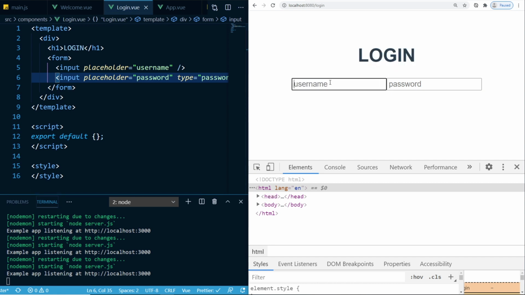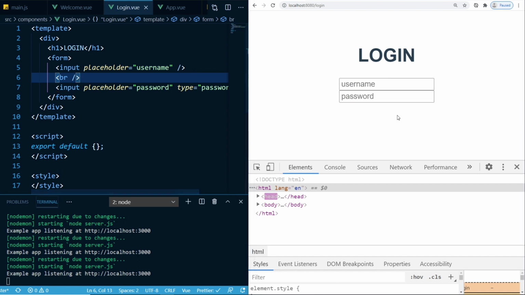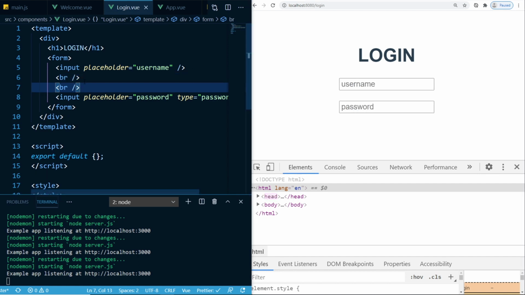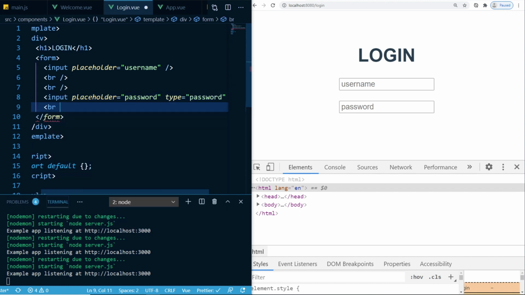Alright, so we got a login page, a username and password. Let's just add a break here. Looks a little bit better. Now, you could spend time on CSS. I'm not going to because I'm just trying to show you the logic behind all this stuff. So,